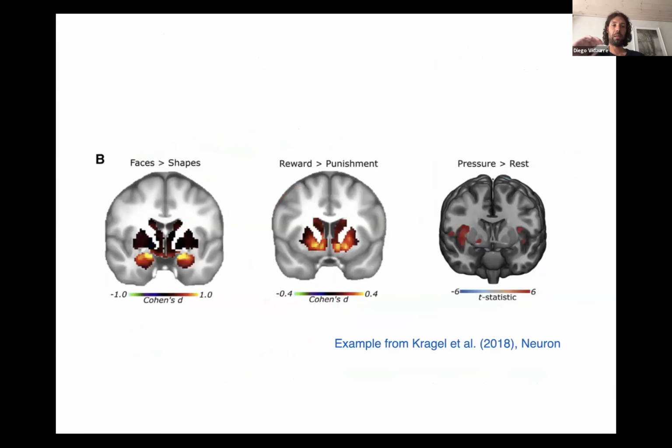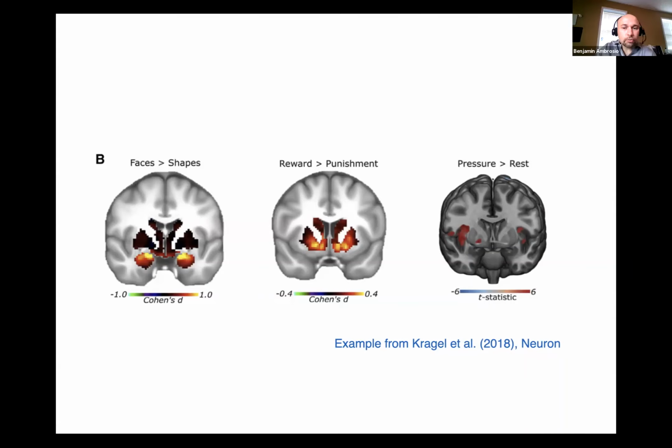But even though that is, I would say, common sense in the neuroscience community, the dominant approach to look at brain data is still like the one in this slide. Here, it's just a common experiment where you have, for example, two types of stimulus, faces and shapes, and then you model how the activity in each region separately differs between these two conditions. You do that for each region separately. In a way, you are not really embracing this view of the brain as a distributed system. So one of my aims is to develop methods and models that are a little bit